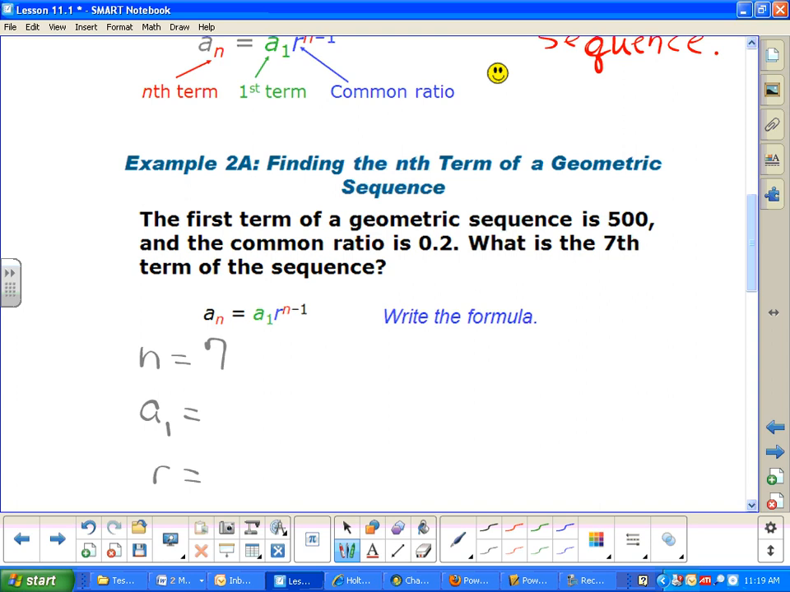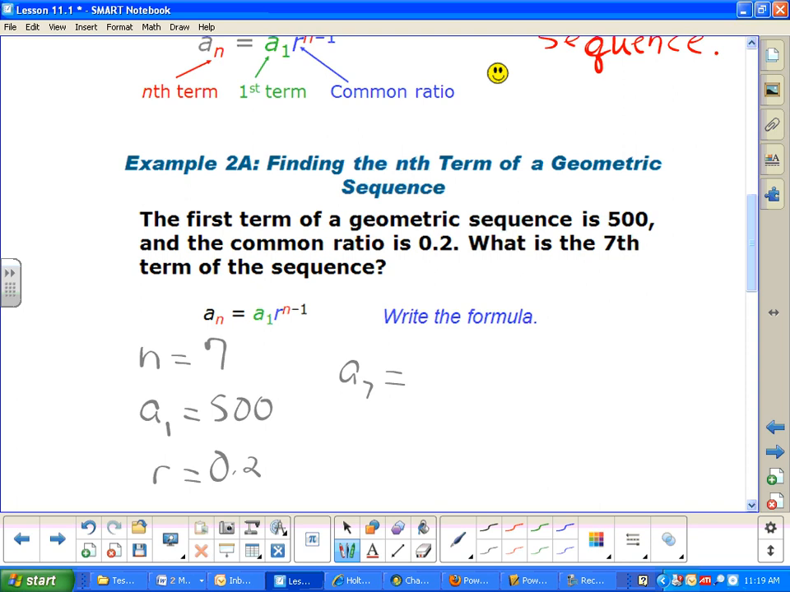Okay. What's the first term? Yep. Okay. First term is 500. All right. This one is pretty spelled out for us. They don't always spell it out for us like that. All right. Colin, what's the common ratio then? All right. 0.2. So we're going to do a sub 7 equals, because I'm trying to find the 7th term,